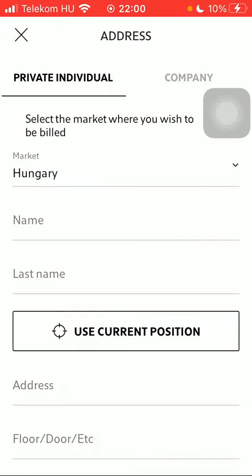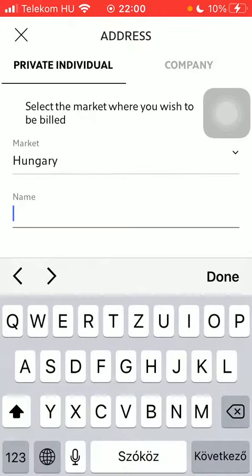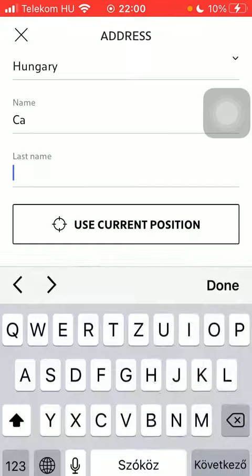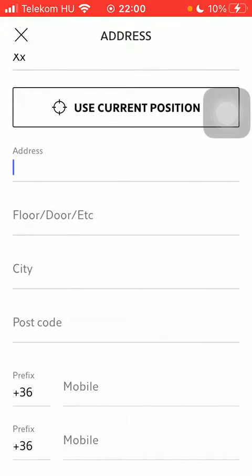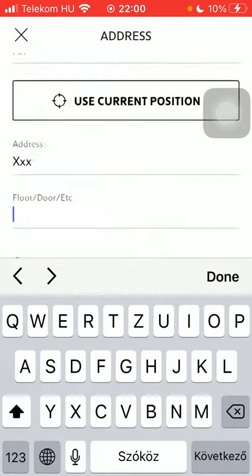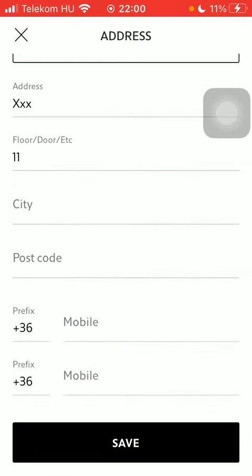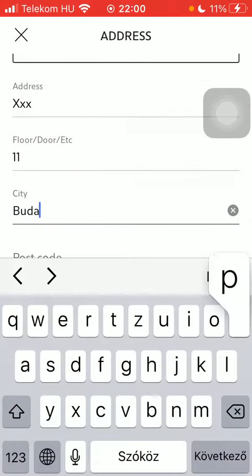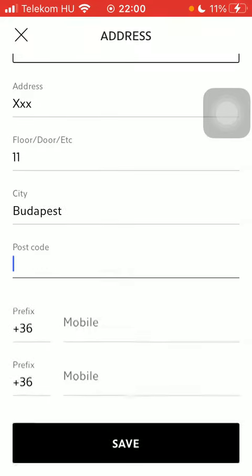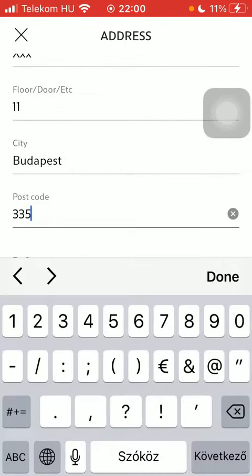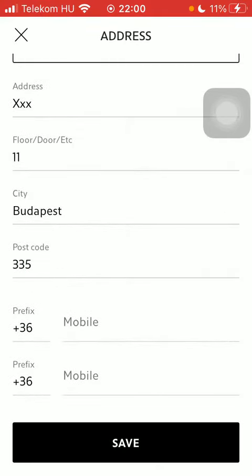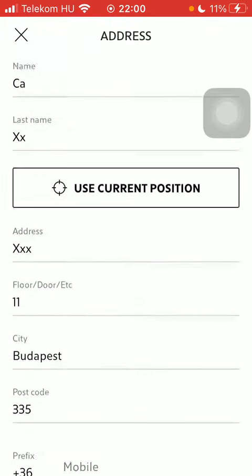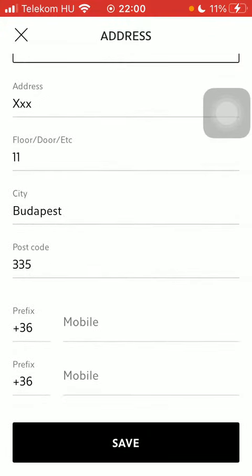So select your country, then add your name, your last name, add your address, your floor door number, then the name of your city, your postcode, and the mobile number. If you are done with these steps, click on the save button down below to save all the